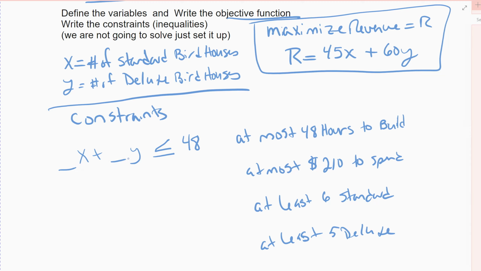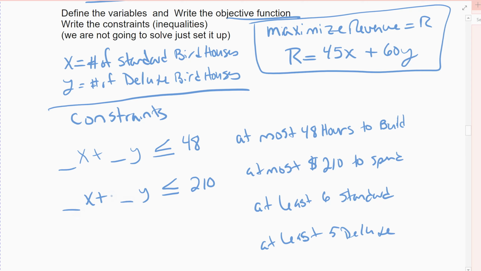Comes out less than because he can't go over 48 hours, but he could go under if he wanted to. The same thing for the budget. He has to spend less than or equal to $210 a week. That's his max, right? He can't go over his budget. But if his materials go on sale, he could go less than his budget, all right? And so his building can be equal to 210 or less than 210, which again, the numbers out front I'll